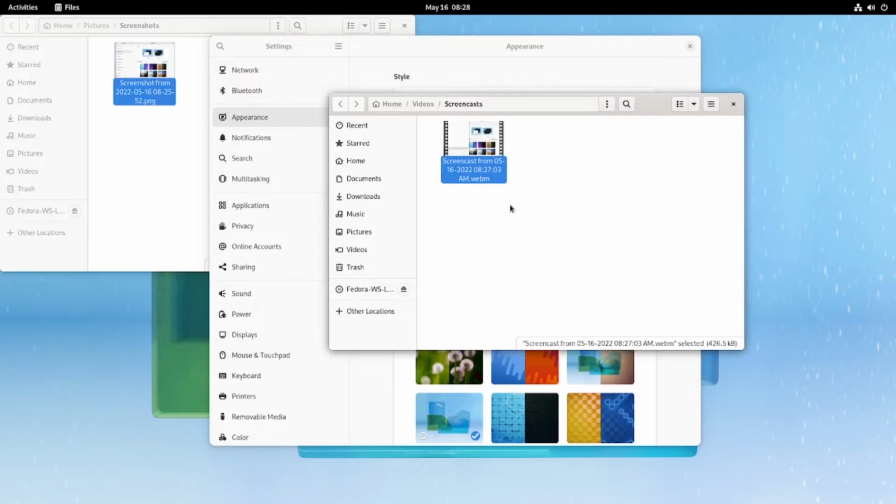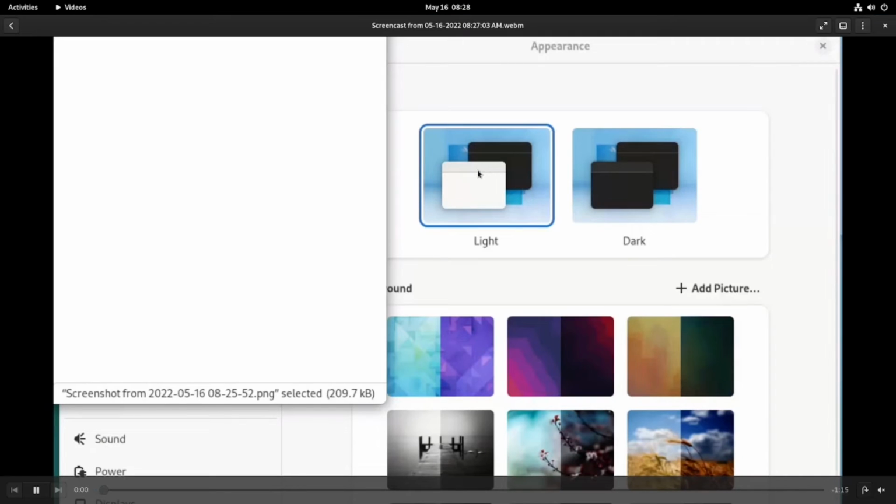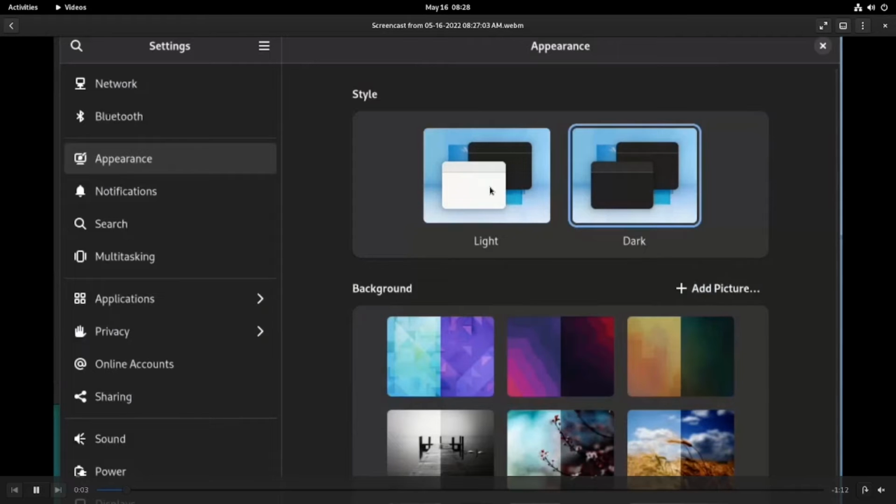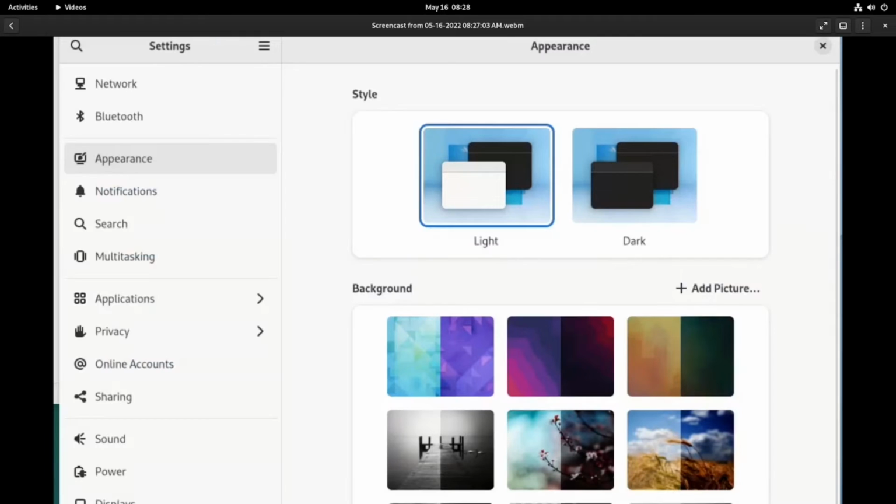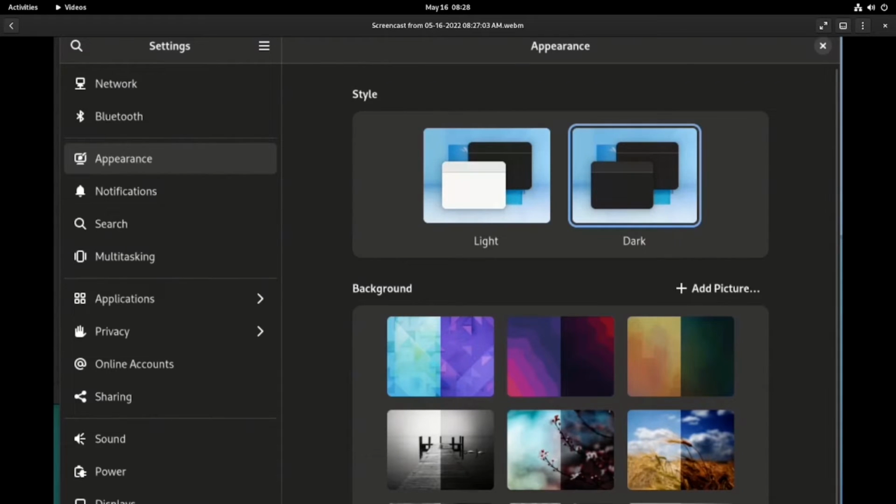The format is .webm. Can we play this? Okay, I can play this file without installing something like VLC.